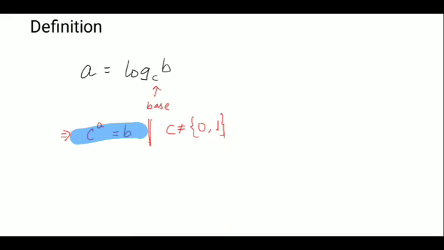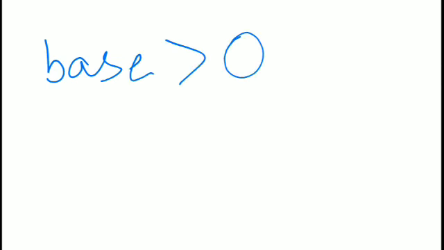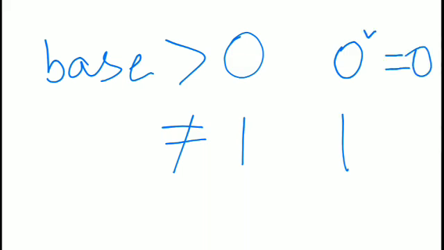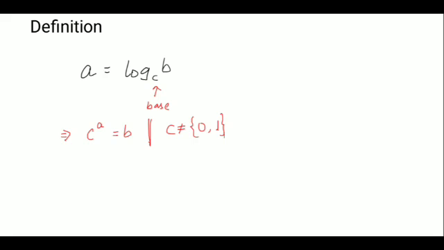All right. As for the base, there is a basic boundary that defines it. The base firstly has to be greater than 0. It can never be negative, and it can never be equal to 1. Think of it: if it were 0, then 0 to the power anything will give me 0, and 1 to the power any finite number will again give me 1. Upon this premise, the definition of log is based. Okay, let's get ahead.